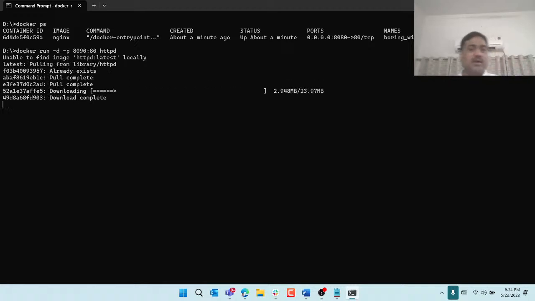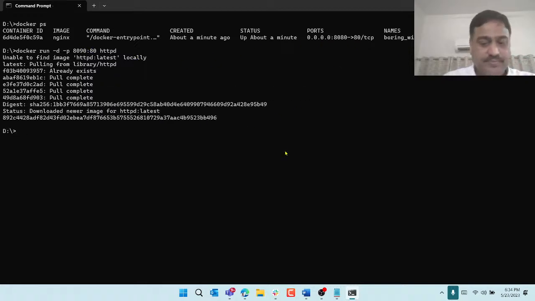Docker run is the command which will create the container. And this HTTPD, if I want to access, I'll go to localhost and type 8090. 8080 is for port mapping forward to Nginx. 8090 will be mapped to